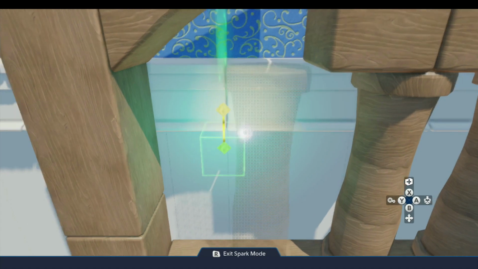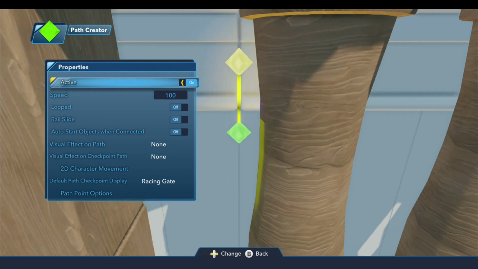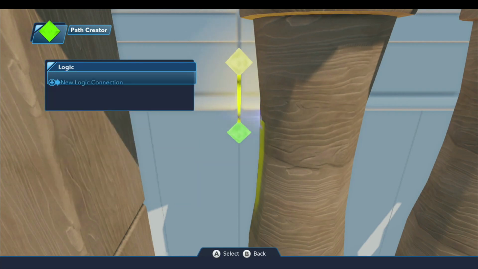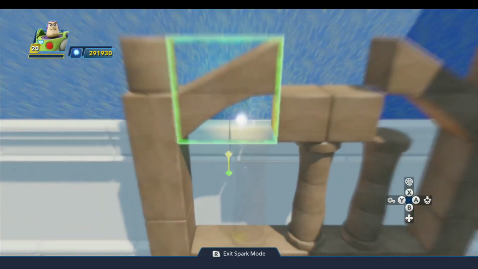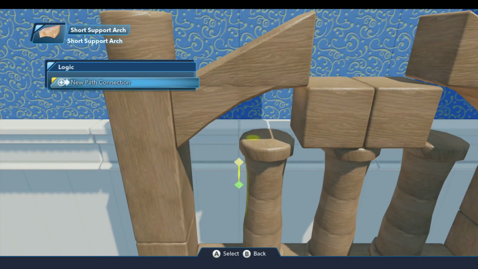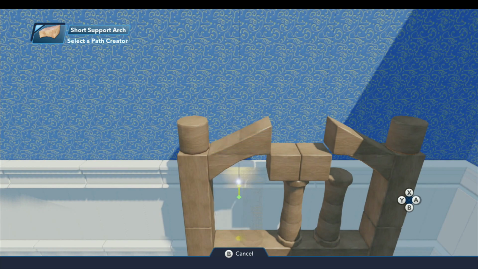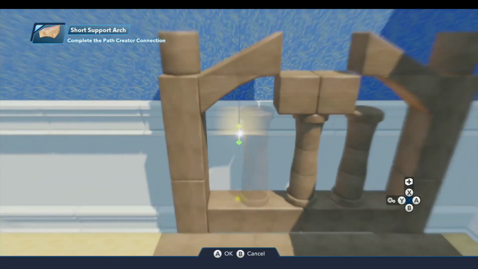Alright. Hit the wrong button, I guess. Alright, properties. We already did the properties. So we want to come up here, and I want to open the logic menu. I think I hit the styling button for this, and for some reason it thought I was styling the path. But so go to the block, new logic, or new path connection, and we'll connect it up to